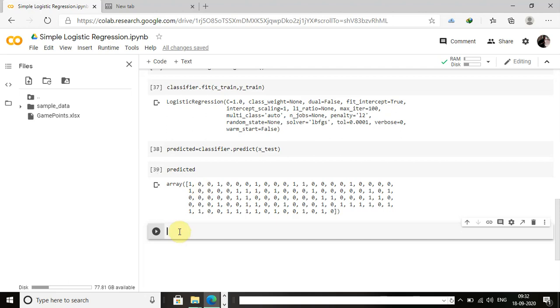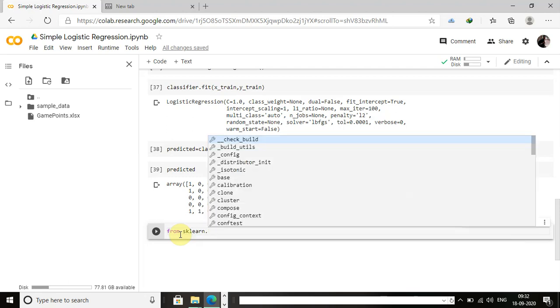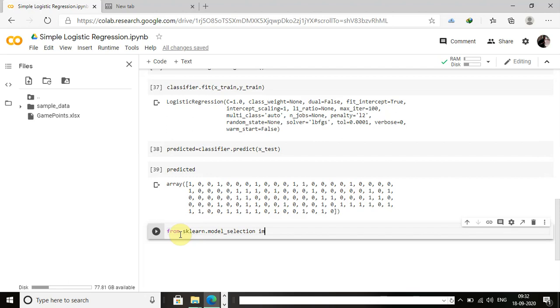Now I am going to find the accuracy of the model which has been created. For that I am going to use a method called accuracy_score from sklearn. I am going to import it first, from sklearn.metrics, sorry, not model_selection, it's metrics, import accuracy_score.